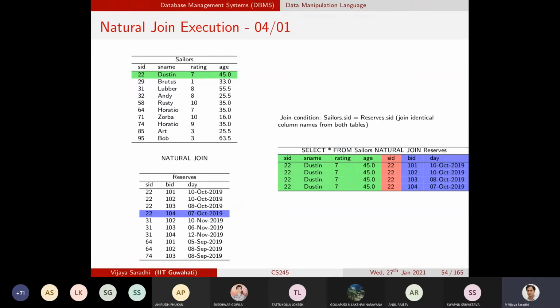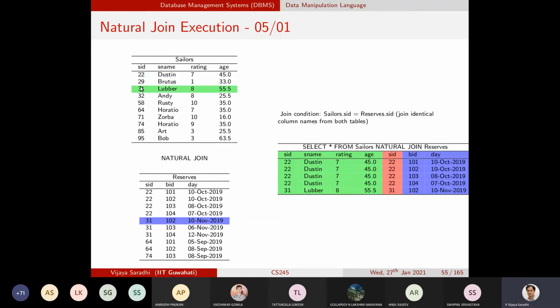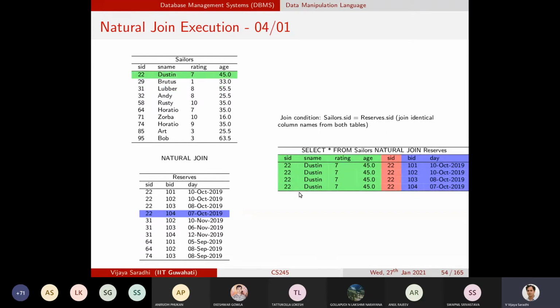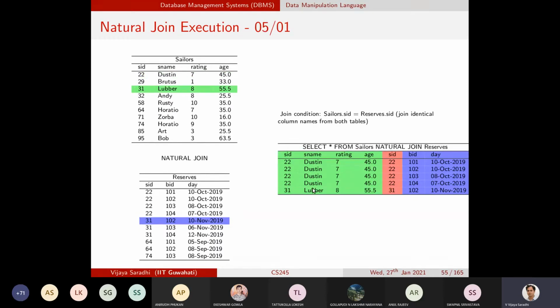We have exhausted the first row with all the 4 rows of the reserves. Now we come to the second row. Sailors ID 29 does not have any match with any row of the reserves, so it will not be part of the natural join.